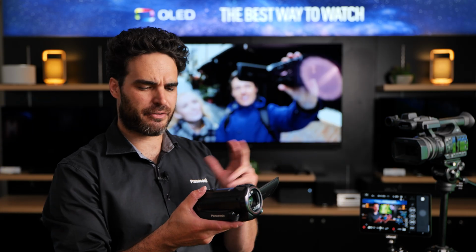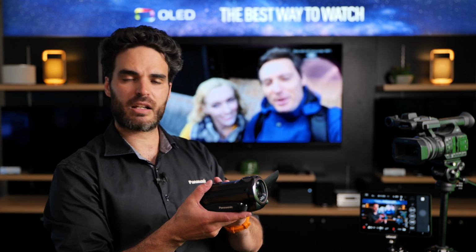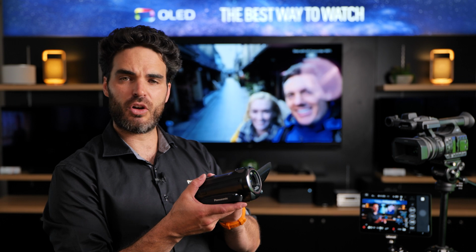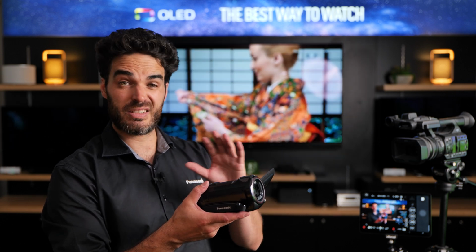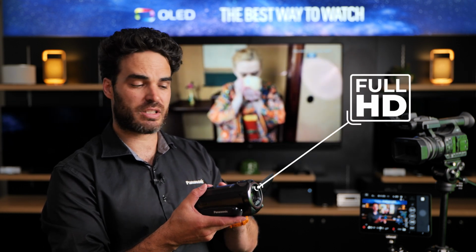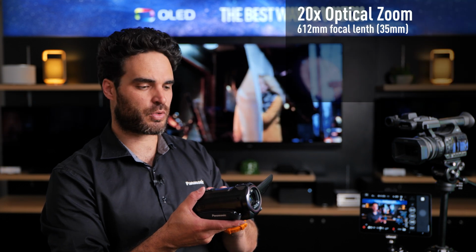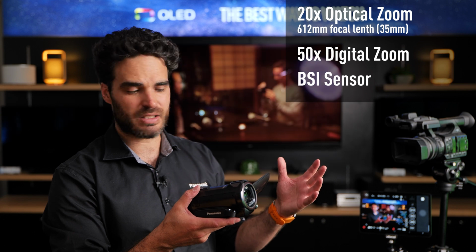Okay, so the cool thing about the V785 is it's an all-in-one purpose-built camcorder. Now, unlike mirrorless cameras, which I have mentioned in some of my other videos before, you don't need to buy additional lenses or additional accessories to get essentially what most video creators will use. It comes with a full HD resolution, so it's not quite a 4K camera, which does bring that budget down. It has a 20x optical zoom and a 50x digital zoom with a high sensitivity sensor, so it's still good